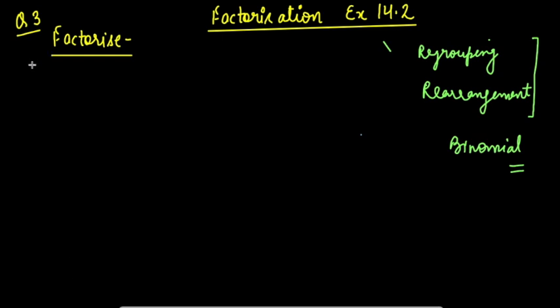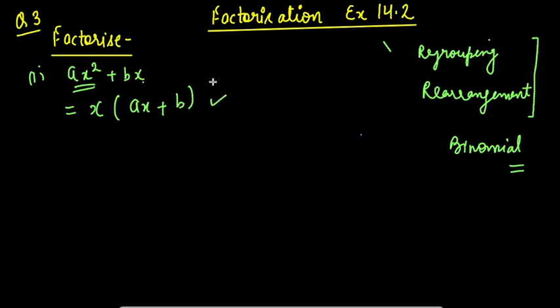Okay, so to start with part 1. Part 1 of the question is factorize the following: ax square plus bx. Now, you see it's a binomial, it's having two terms, right? So first thing, what is common here? A and B here, x square and x. X can be the common factor. What you are left with if you are taking x common from here is ax plus b. So these are the factors of the given expression. This question is done.